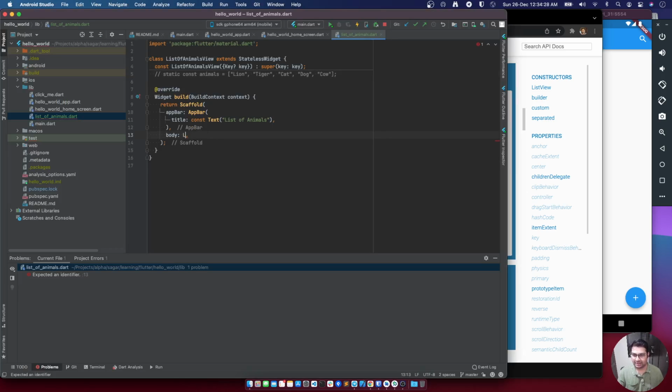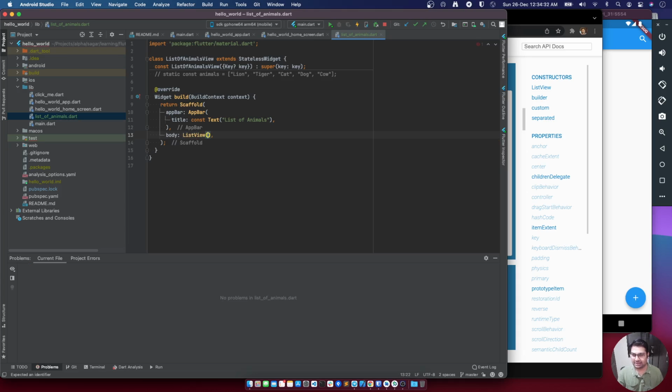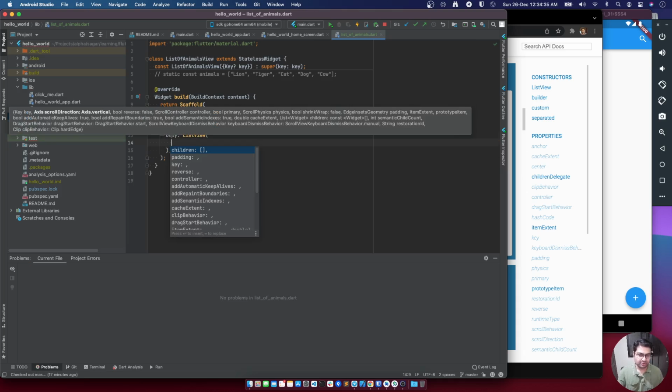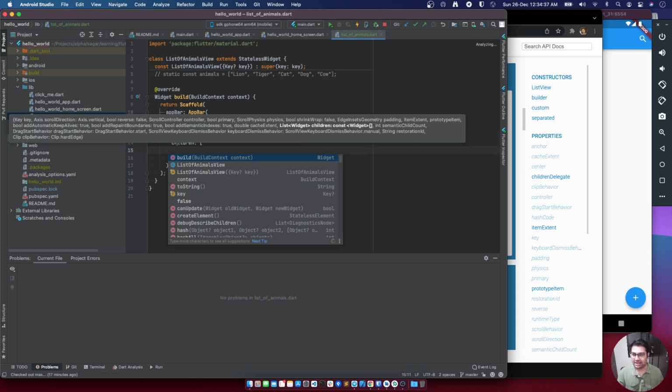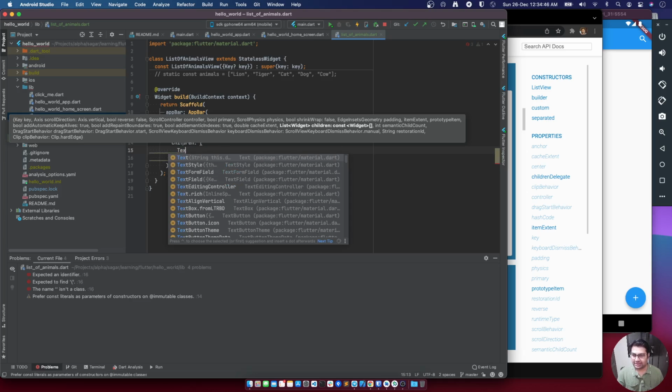So let's use list view, and then in this we're supposed to specify children, and for that I'm gonna define, let's say, const or simply text.